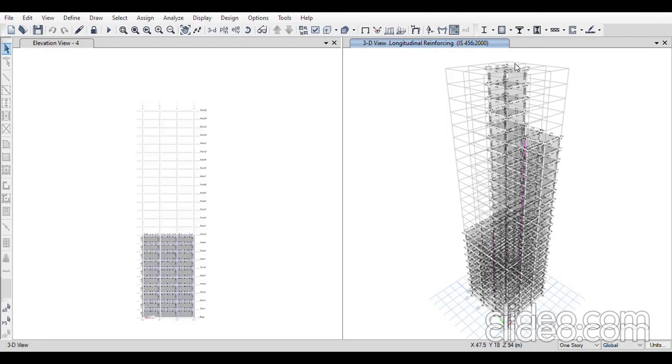Closing the report. So this is how the tall building is analyzed, designed and detailed using ETABS. Thank you.